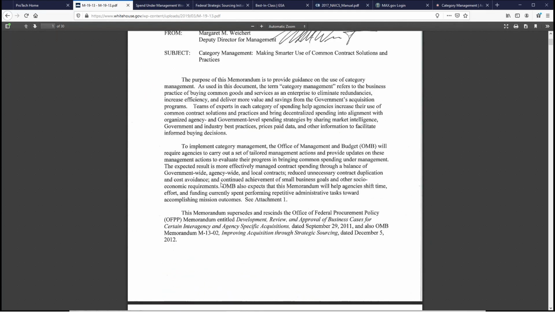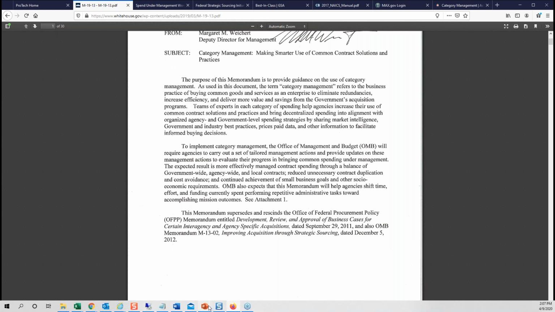To implement category management, the Office of Management and Budget will require agencies to carry out a set of tailored management actions and provide updates on these management actions to evaluate their progress in bringing common spending under category management. So there's one reason why it's important. It's required.